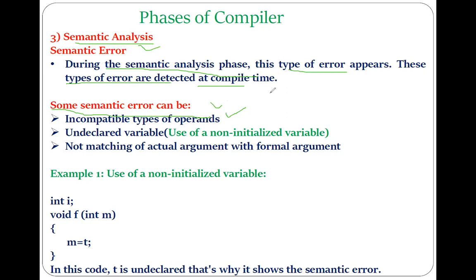As we have seen, the main role of the semantic analyzer is to check whether a sentence is meaningful or not, whether it is semantically correct or not. In that case, the first and major role performed by the semantic analyzer is to check type compatibility, or to do the type checking. That is considered the main role performed by the semantic analyzer. Using type checking, the semantic analyzer can decide whether a sentence is semantically correct or not, whether it is meaningful or not. Now, what do we mean by type checking?